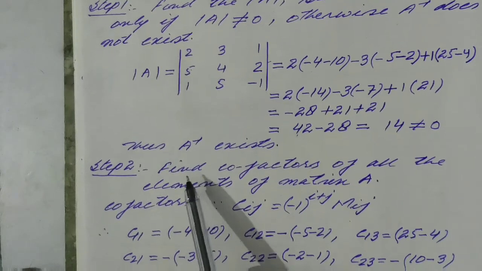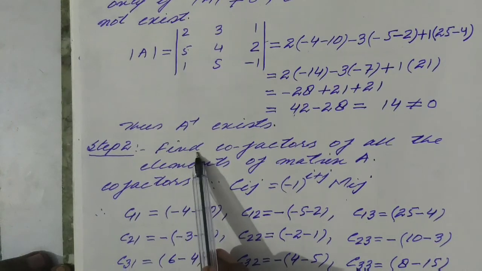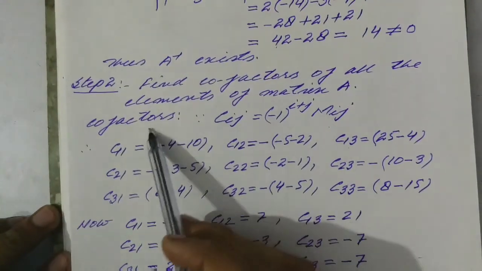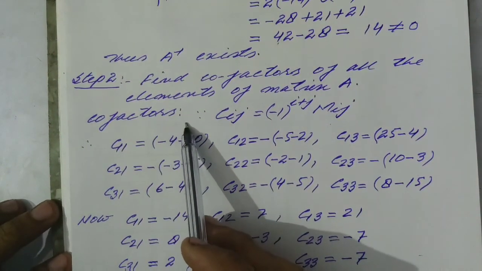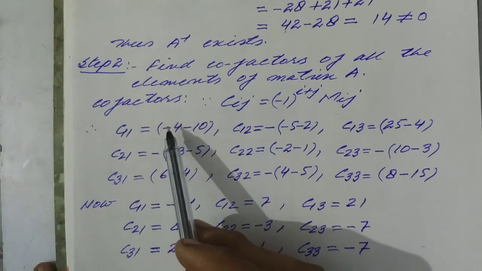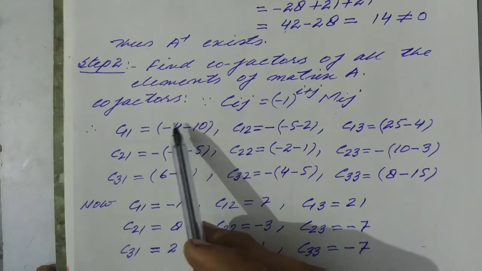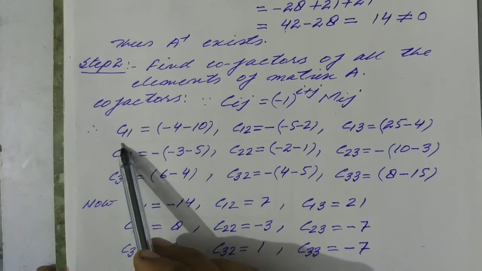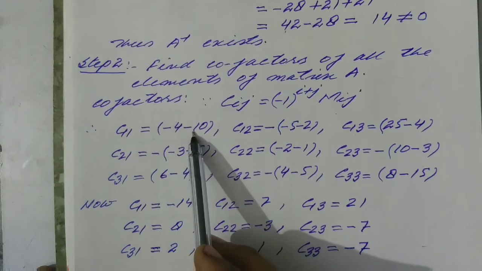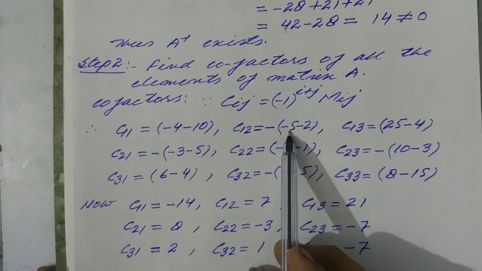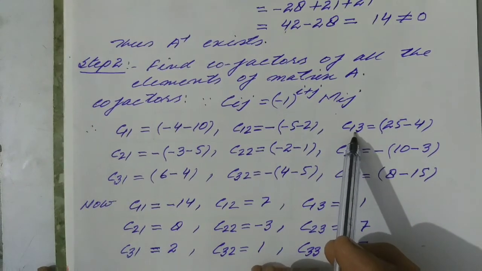Now we come to step 2. In step 2 we find the cofactors of all the elements of matrix A. Here also I am not going to explain how to find the cofactors because I have created a dedicated video for cofactors and minors, and if you don't know how to find the cofactor of a square matrix, you may watch that video. So here I am going to write the cofactors of this matrix. The cofactor of the first element of the first row, C11, is equal to minus 4 minus 10. The cofactor of the next element, C12, is minus 5 minus 2, and C13 is equal to 25 minus 4,